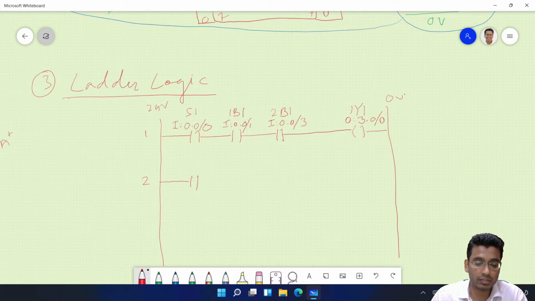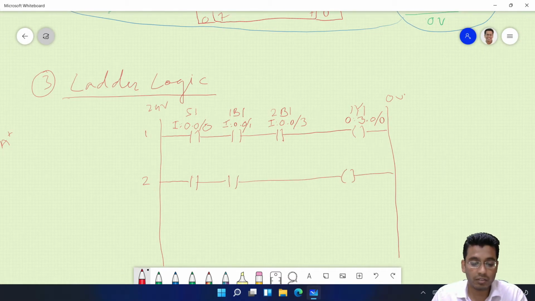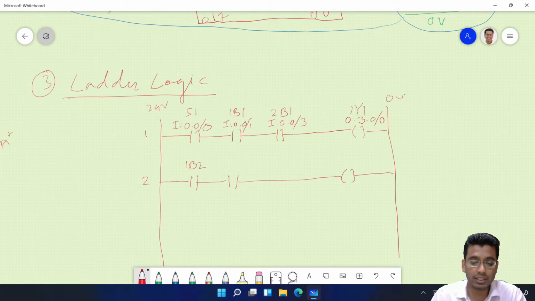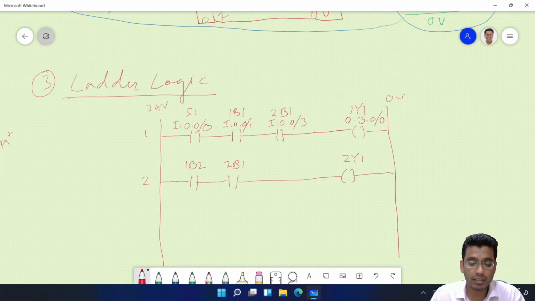1B2. Will it be push button? Are you sure? No, sir. Then what would be? Tell me. Somebody had told me 2. 2 is correct. You figure out what those will be. First, when the cylinder 1A has completely extended, which sensor would get triggered? Sir, 1B2. Good. So it will be 1B2 here. Okay. And which sensor is ensuring that the cylinder 2 is in retracted position? It is 2B1, right? Fine. So when both these conditions are there, then your 2Y1 will get triggered.